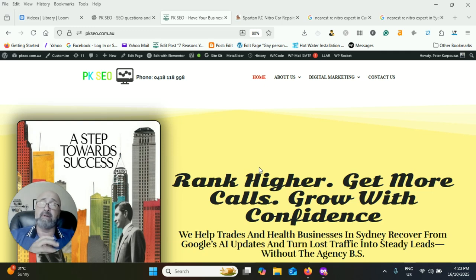SEO isn't dead. Don't believe anybody that tells you SEO is dead or it's dying. It's not dead, it's not dying just yet. I don't think it'll be dead for a while, because AI thrives off high quality SEO websites. It doesn't just make up its own information and hand it out. So you need to optimize for AI, but some of the basics for optimizing for AI are predominantly on your website. I have an example website which I'm going to show you in a second.